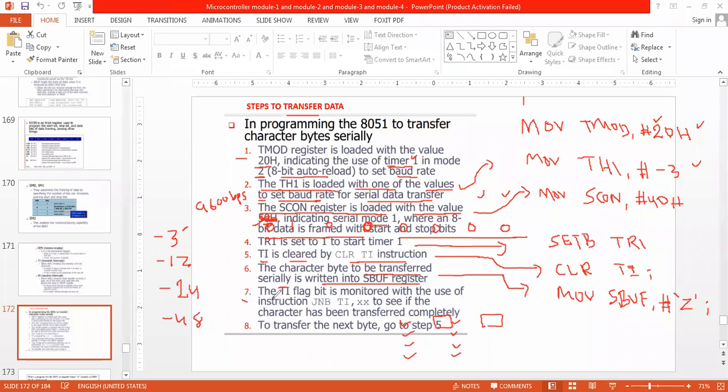What is step 7? The TI flag bit is monitored with the use of the instruction JNB TI, XX. So monitoring TI, XX is a label.